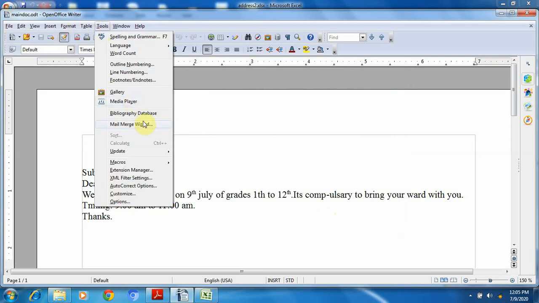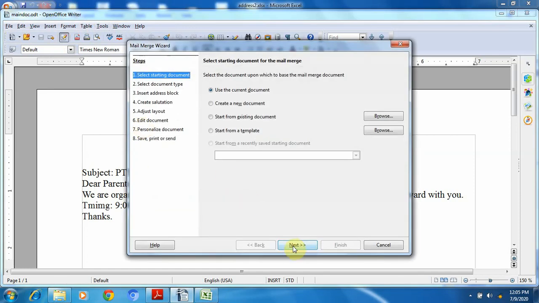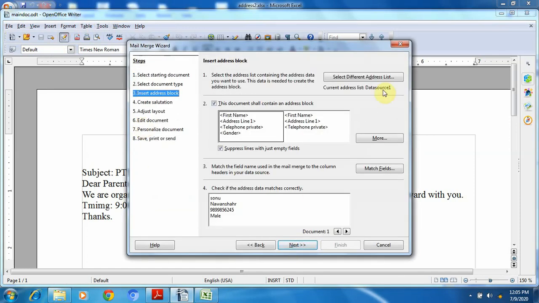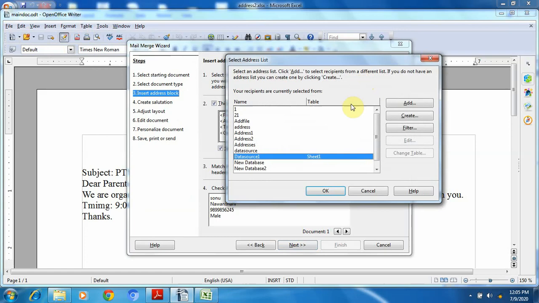Now for seeing whether our data source is now present in the database or not, click on tools, then again mail merge wizard, then select next, then next, then select this. See, this one is address 2. With this, our data source, which is in the form of a spreadsheet, is now connected with the database. Okay, we can directly add this. Now we can directly use this saved data for the mail merge. This is the concept of how we can create the mail merge. In my next class, we will learn how we can create labels. Thank you.